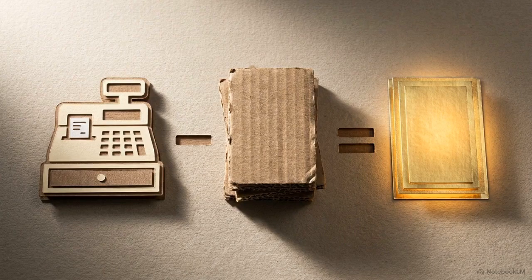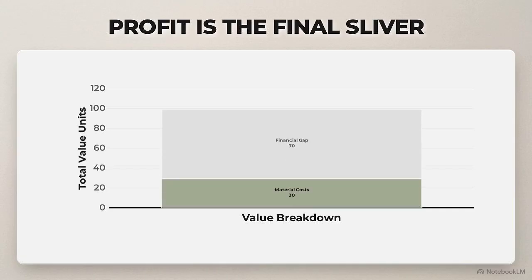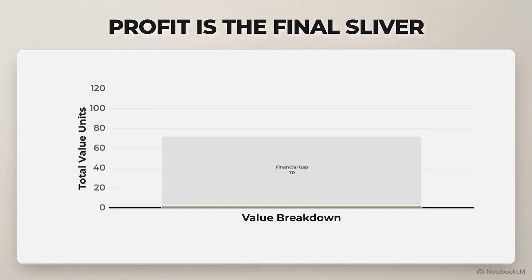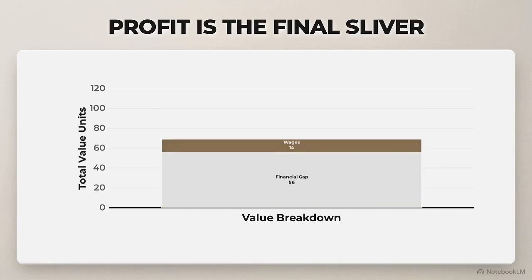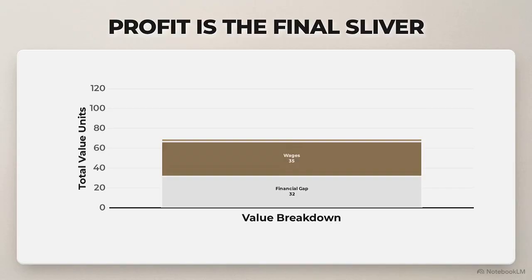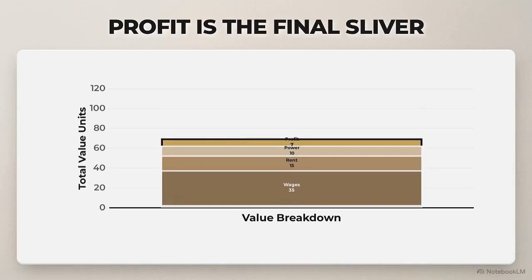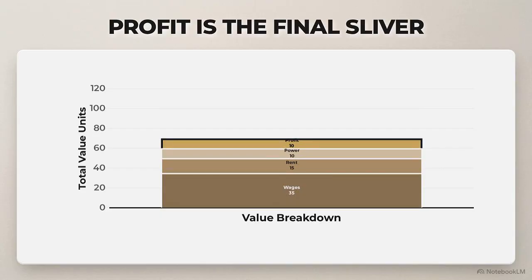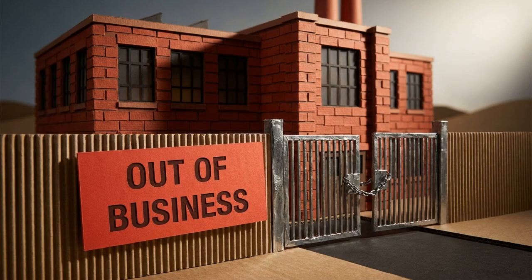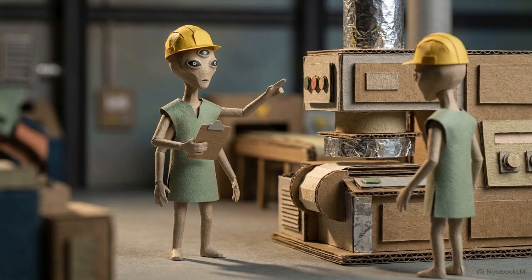It is defined as the difference between the final selling price of a product and the cost of the materials bought in to make it. Subtract the material cost from the customer's price, and you are left with a financial gap. This gap pays for every non-material operating cost, from employee wages to factory rent. Profit is strictly the tiny slice remaining only after those expenses are fully paid. If the operating costs eat up the entire gap, the business breaks even. If they exceed it, the business fails. Continuously expanding this added value margin is the central objective for any operations manager.